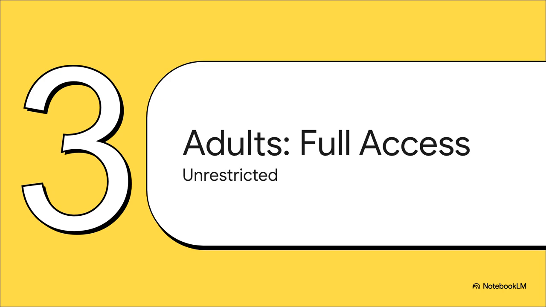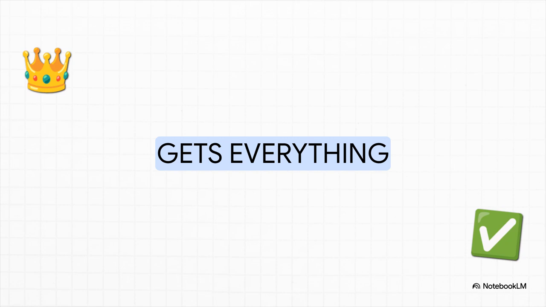Which brings us to Section 3, Adults, Unrestricted Access. Honestly, two powerful words say it all here: gets everything. The platform doesn't even bother listing out individual permissions for this rank because, well, they simply don't need to. If a feature or setting exists anywhere on the platform, an adult account has access to it. It's basically the keys to the kingdom. Total administrative and communicative control, and yes, that includes those all-important parental controls we just talked about, is reserved exclusively